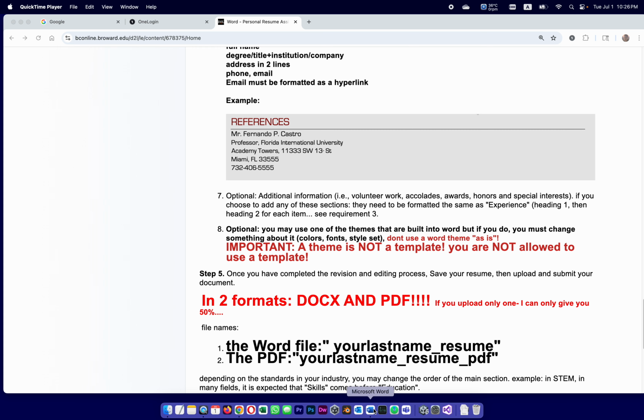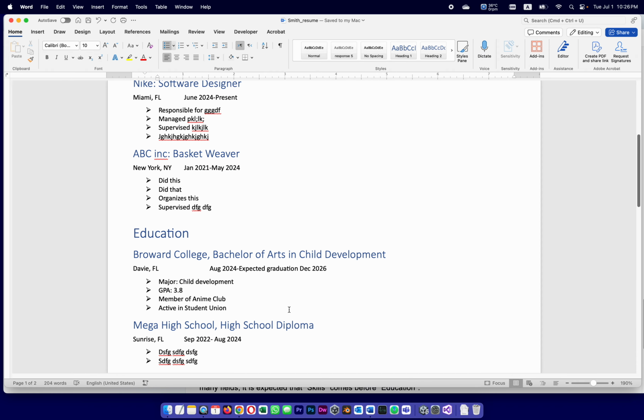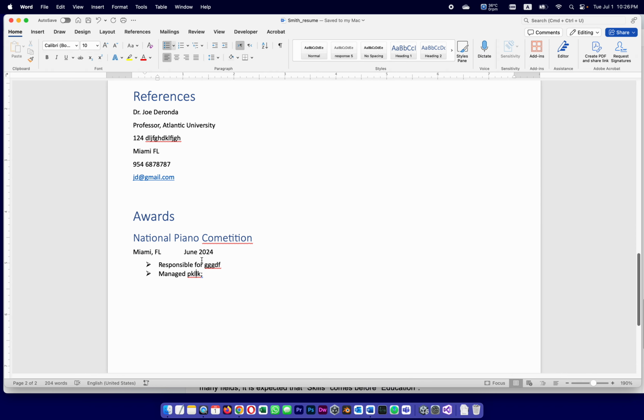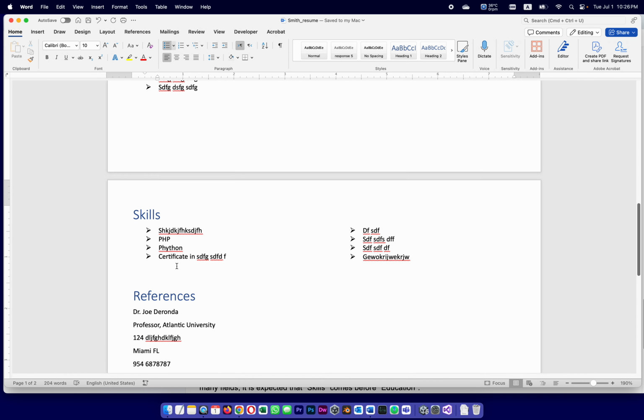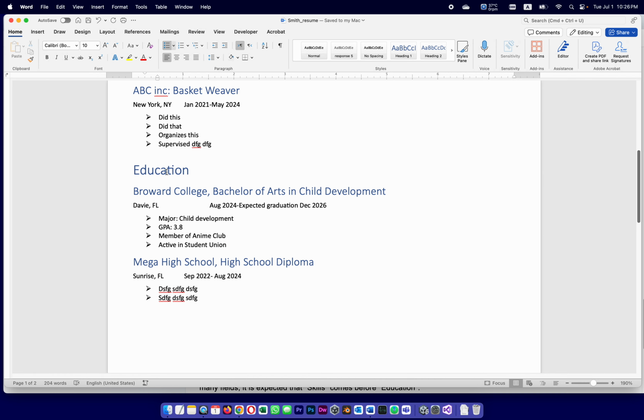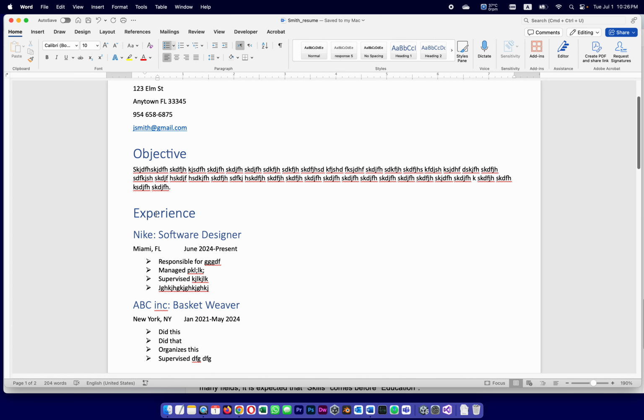If you want to add to the sections that were already listed, you can add things like awards, accolades, whatever was not covered by references, skills, education, and experience. Then we are getting to the requirement that has to do